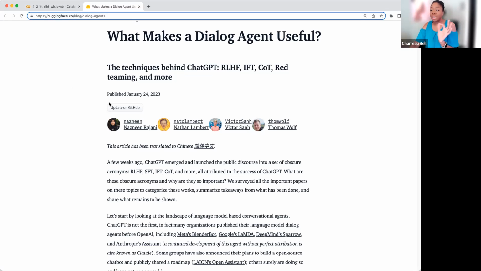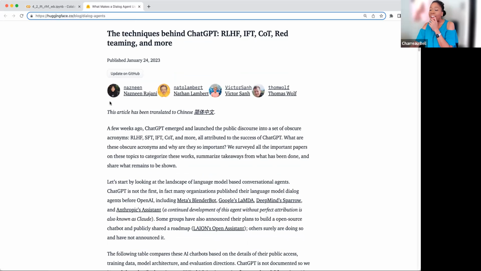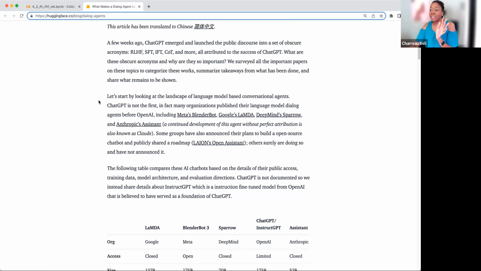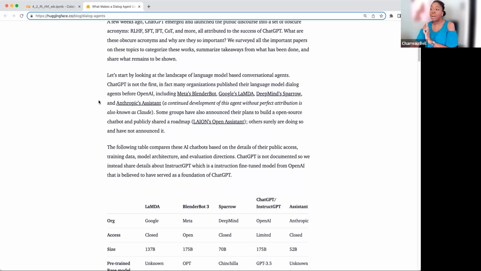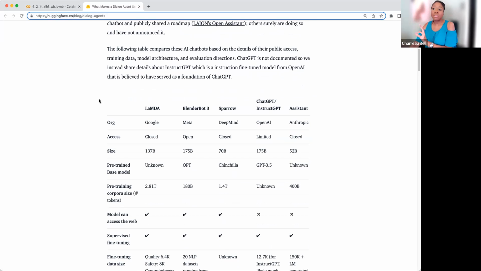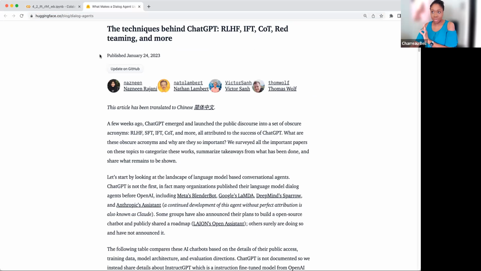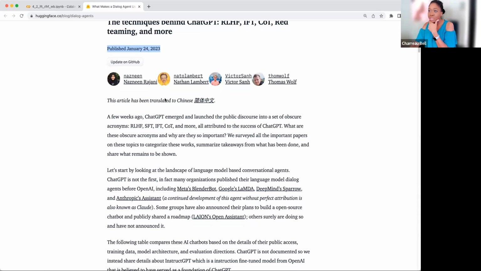But here we're going to kind of skim through this together. Whenever we were talking about this paper, we were talking about some of the models that were available at the time. So here we are, some months later, so there are things that are already kind of out of date with this, but we can still take a look at it and use it for the great resource that it is.